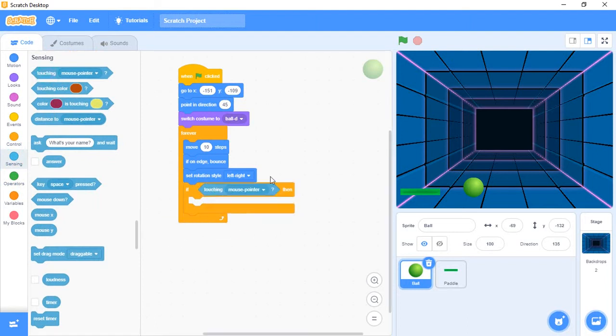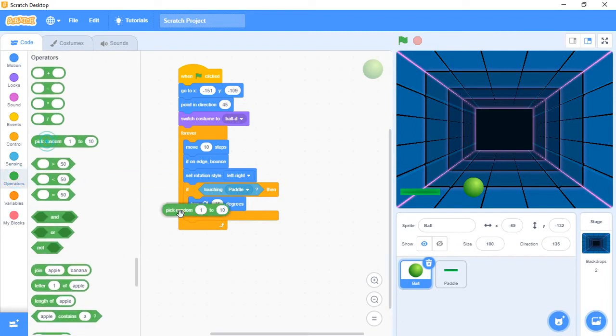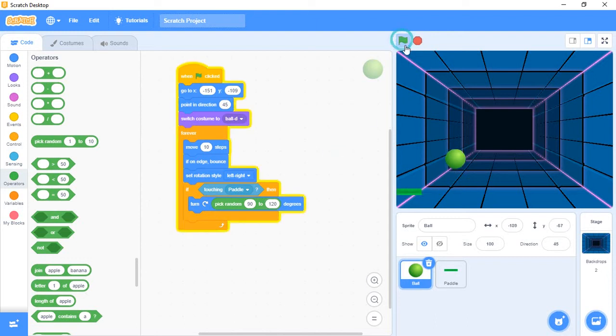For the ball sprite only we are writing this: if ball touches paddle, make the ball move in a particular direction. Pick a 90 to 120 direction. In this direction it should move.